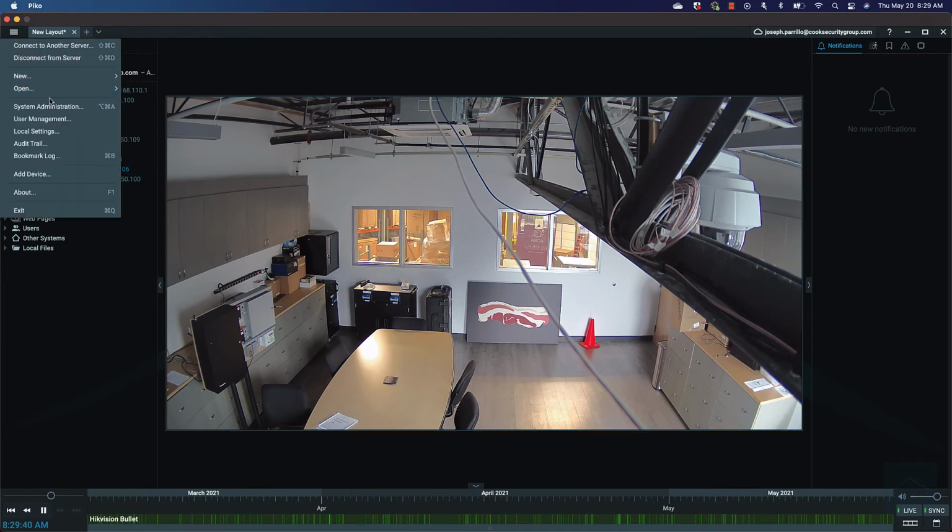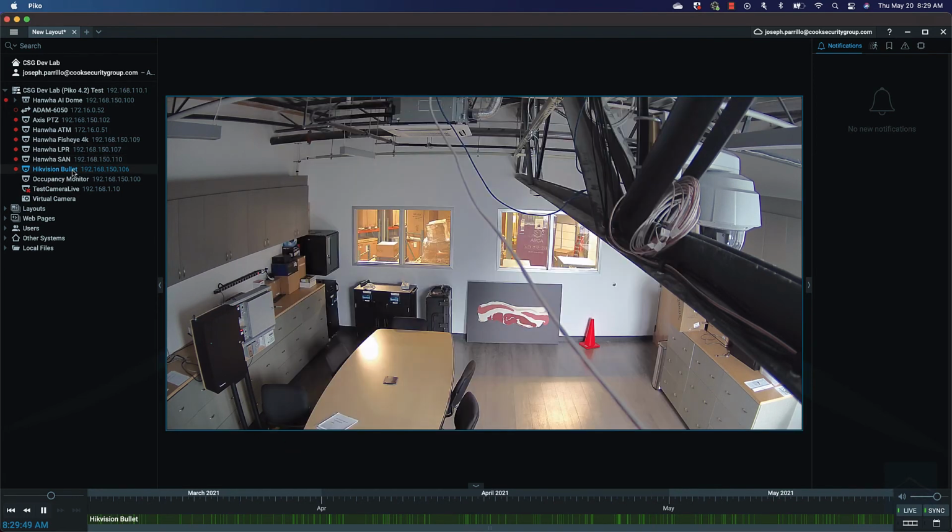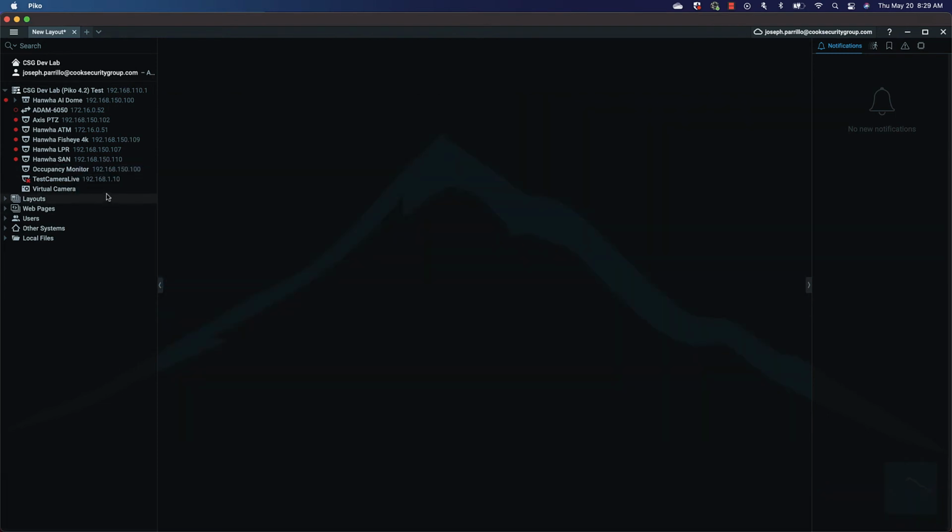To find a camera automatically, you go to System Administration, you enable cameras and servers, click Apply. Now, when we delete the camera, it should go ahead and find it once we log out and log back in. So I will remove myself from this, log out of this associated system, log back in,